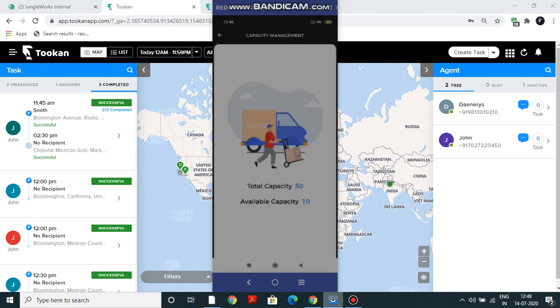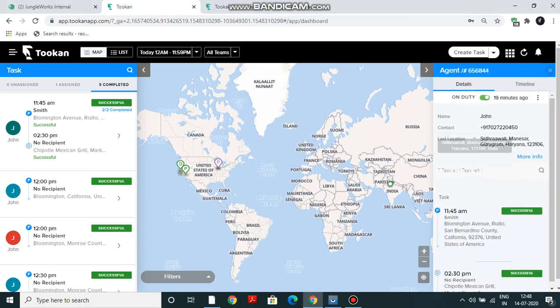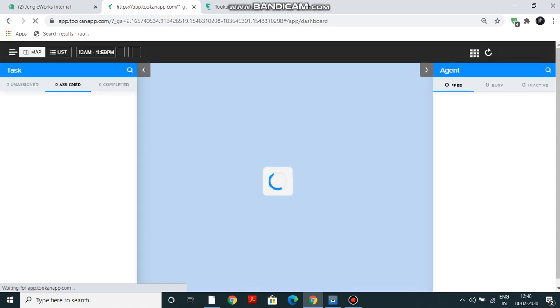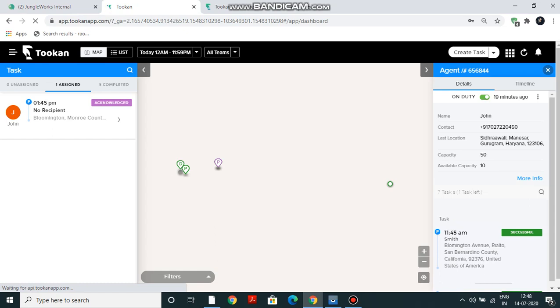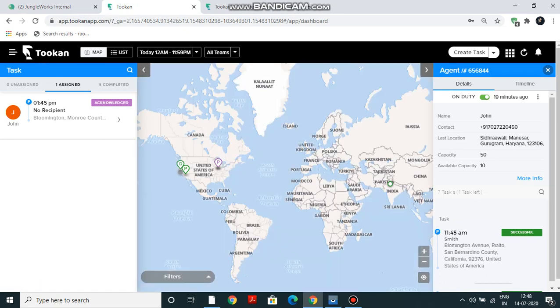The same can be checked here. We will refresh it. So the total capacity of Jon is 50 and the available capacity is 10 right now with him.